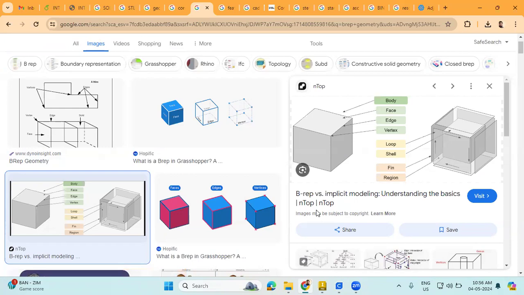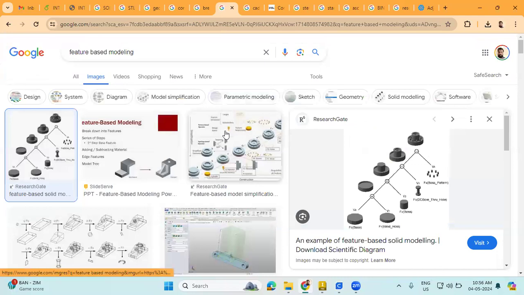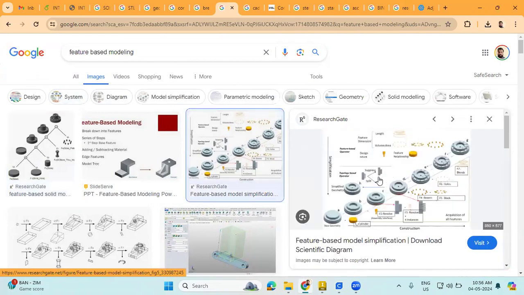The topological and geometrical information in a BREP model can be used to perform various operations such as rendering, analysis, and manufacturing. Then another technique is called feature-based modeling. So the dedicated CAD packages such as SolidWorks, Fusion 360, and Inventor are all using this type of feature-based modeling approach. When it comes to creating 3D models in computer-aided design or computer-aided manufacturing software, feature-based modeling is the most commonly used method. This approach involves